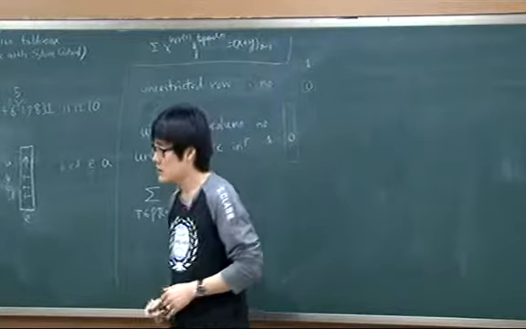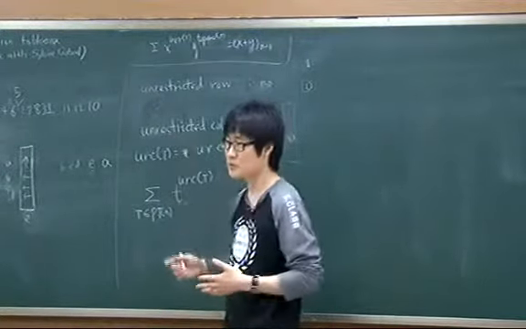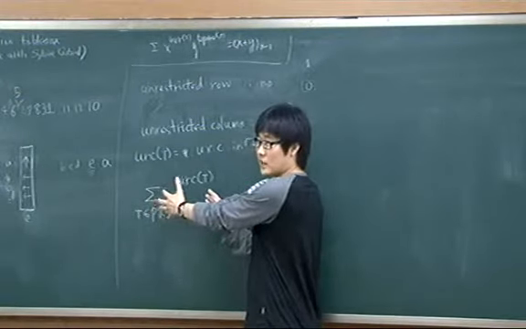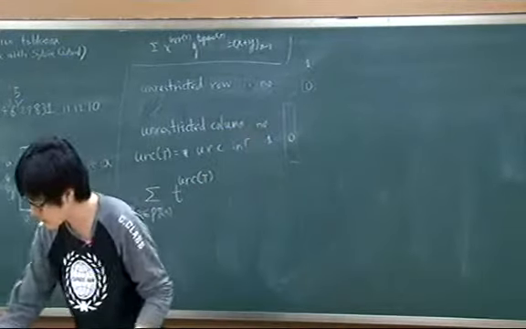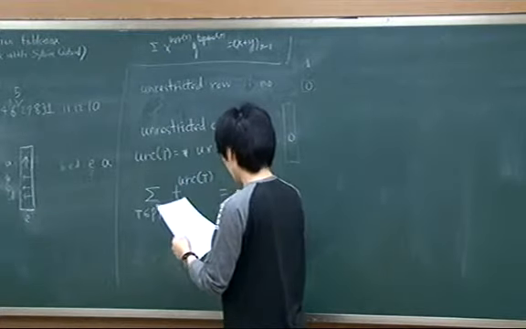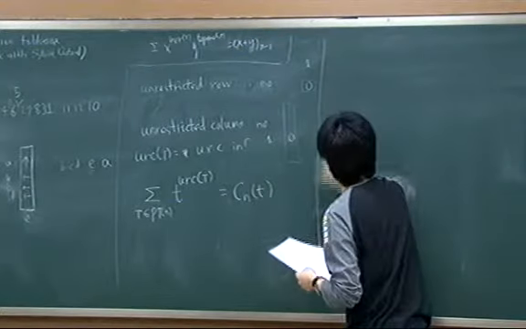I didn't present our proof, but our proof allows us to compute this. Let me write the formula. Let's say it's C_n(T), and the theorem is that